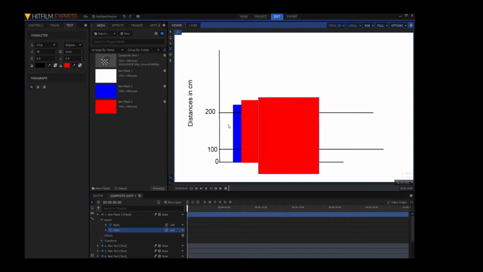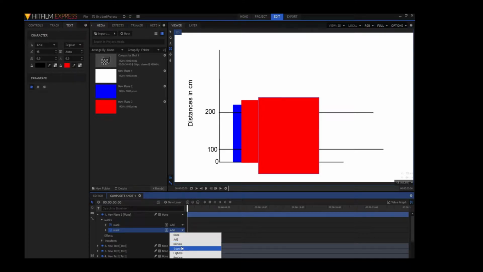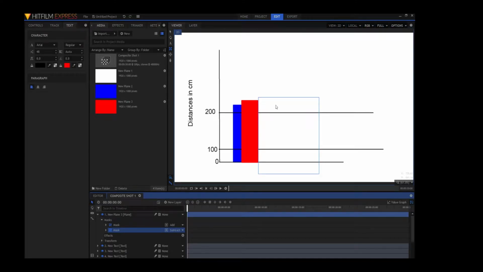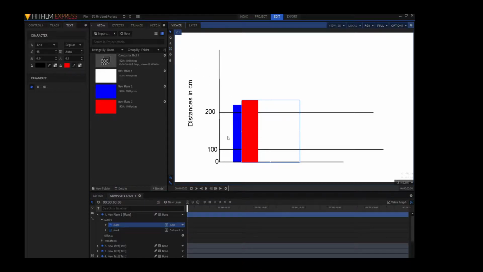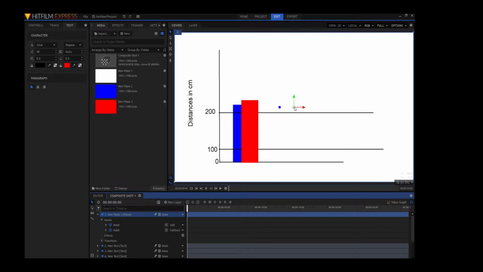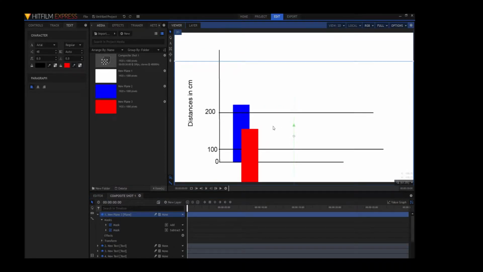Now as you see, this only made it bigger. It's because we did not change this to subtract. If you do this, it subtracts from the mask that was previously created, and it'll make it tinier. Now you can adjust it so it is like completely perfect with it. If you want to make your project perfect. But for me, I really don't care.